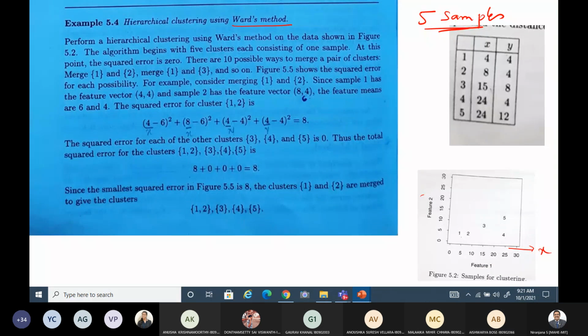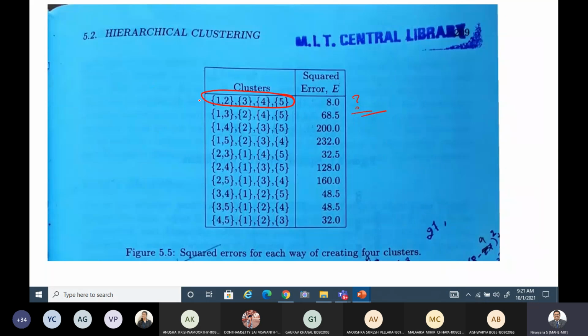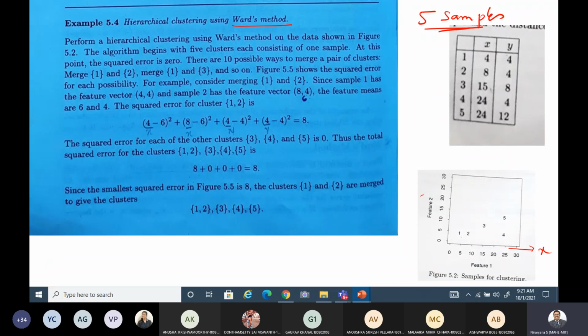So now let us see. We are calculating the cluster distance, such that to get 4 clusters by merging 1 and 2. That means these 2 clusters we are merging. Initially we had 5 clusters, and we are merging these 2. What is the error when you are merging this? First you calculate that. What is the total squared error that you have to calculate, the error due to this? All this total you have to estimate, and that should be minimum.